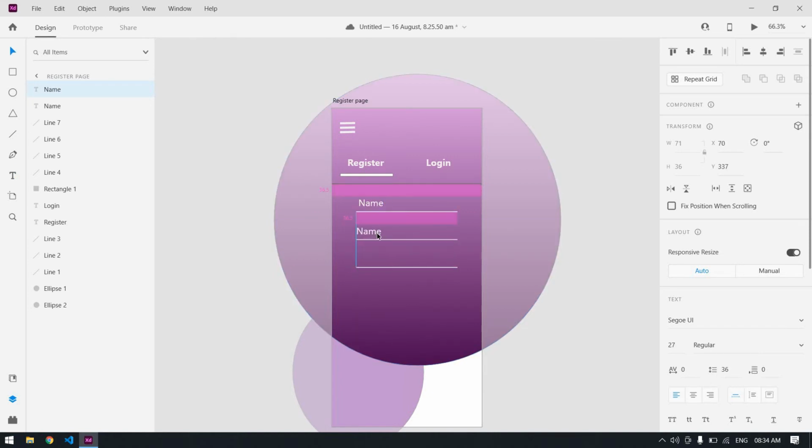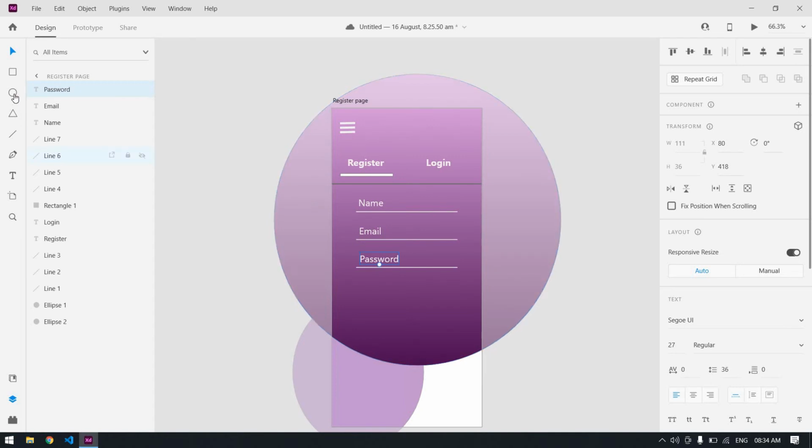Okay, this is email. Finally, I'm going to duplicate the email. This is password.